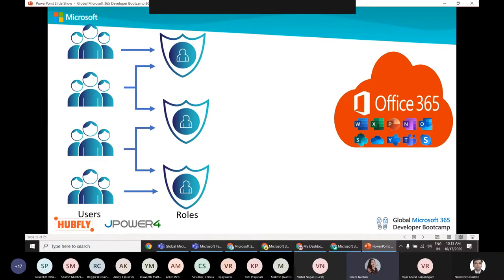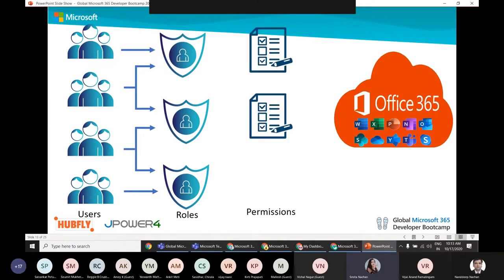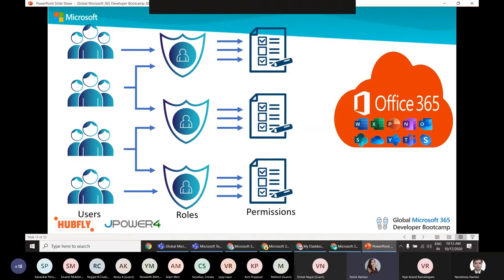Then the major part is permission. Permission defines which roles can perform what operations on the available resources. So we can have those roles mapped to permissions, and then those permissions assigned to each of the resources inside Office 365.